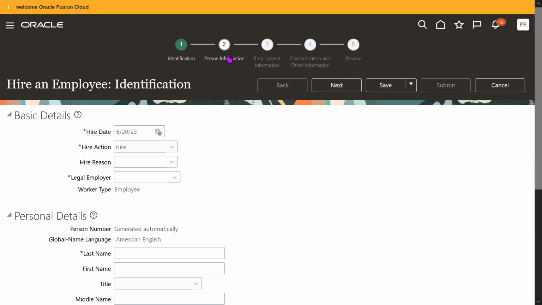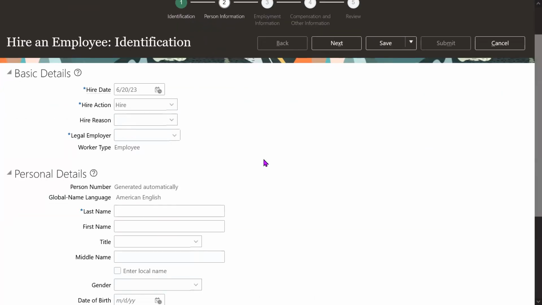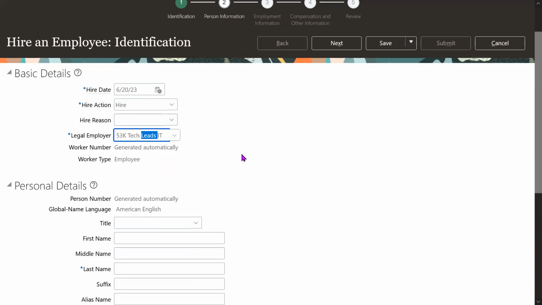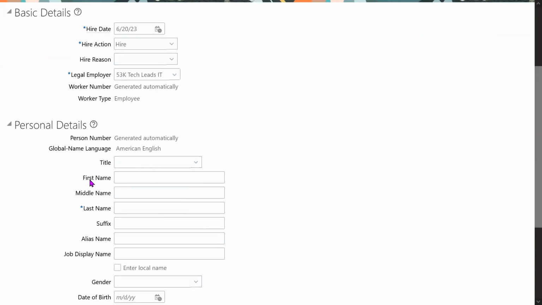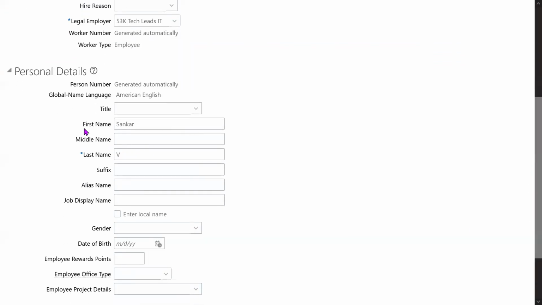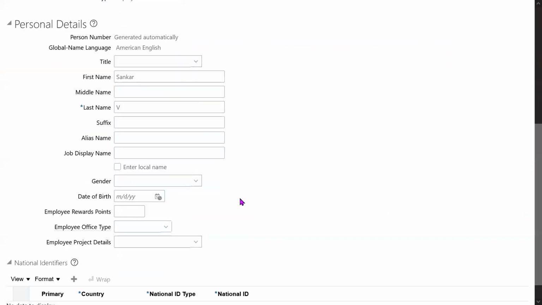And I have to fill all this information, step number 1, 2, 3, 4, 5. Hire date, hire action, hire reason is optional, legal employer. We are creating the employee under which company? We are creating the employee under this company. And what is the employee name? Full name, first name, and then last name, gender,